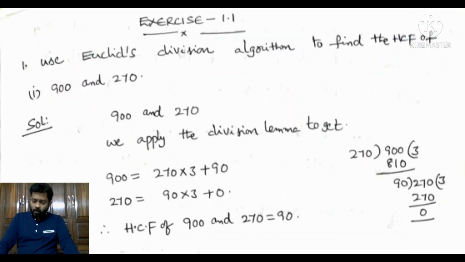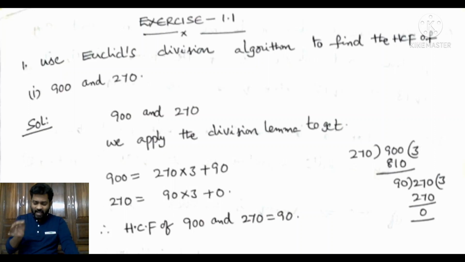We are going to exercise 1.1. First sum. Use Euclid's division algorithm to find the HCF of the given numbers. First sum is 900 and 270. We apply the division lemma to get